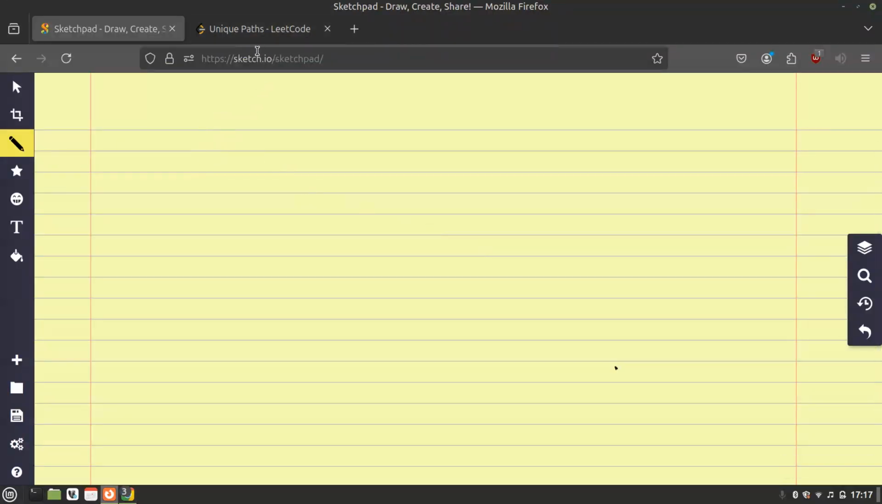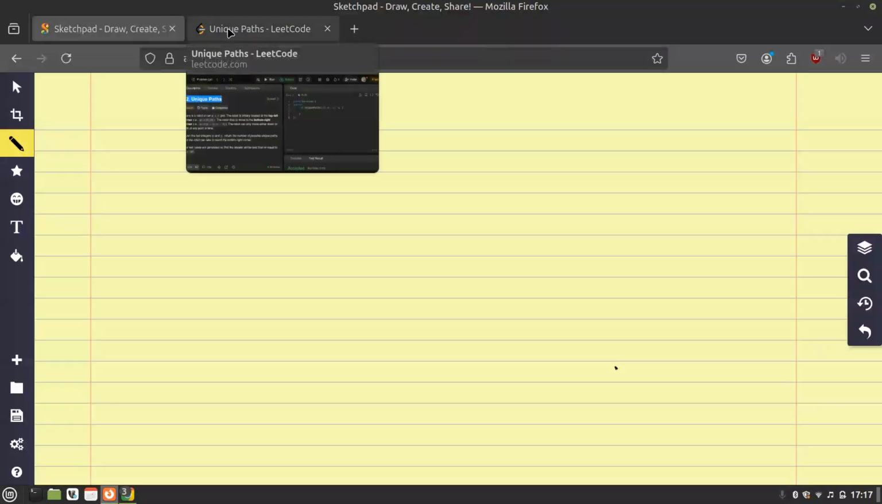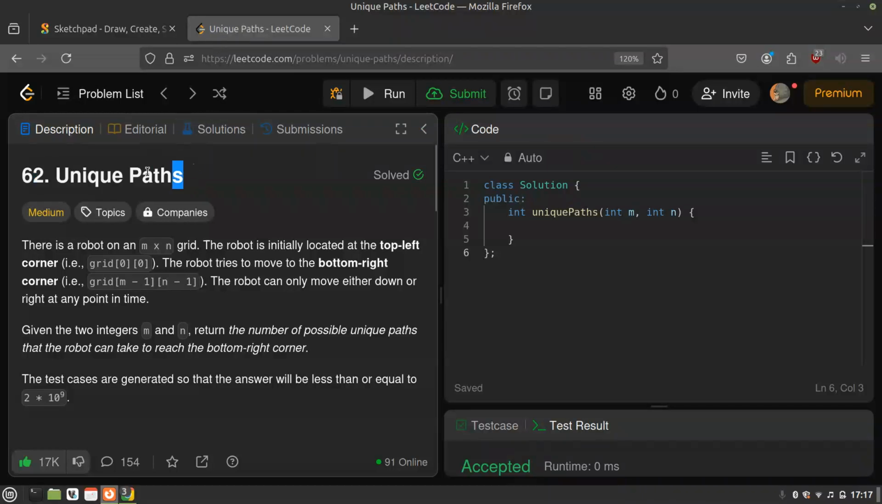Okay, so the third question is unique paths, which is a question of DP on grids. This problem can be solved using recursion, and to optimize overlapping subproblems, we can use DP. And even in DP, we can first do a tabulation, and that tabulation can be further optimized into memoization,